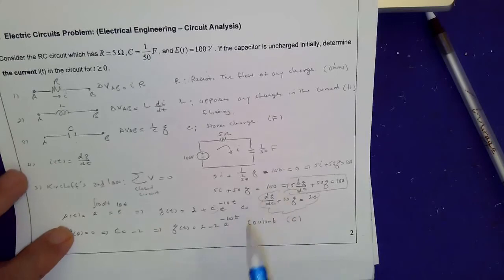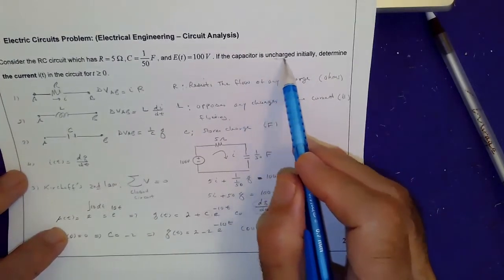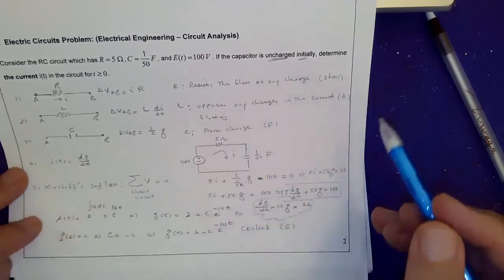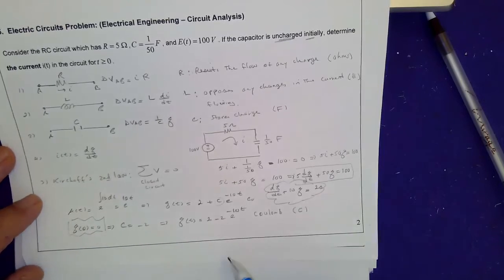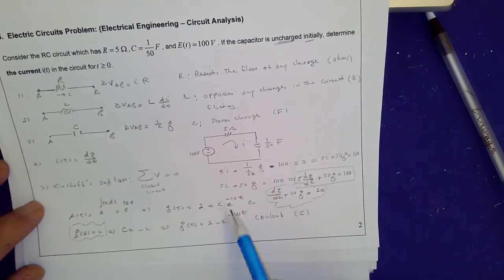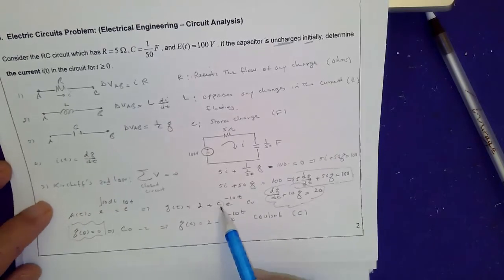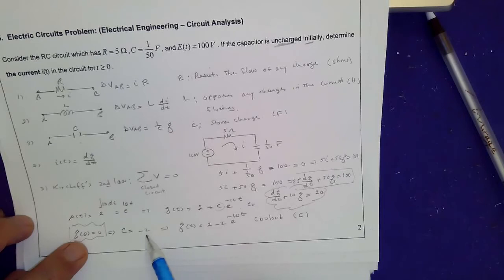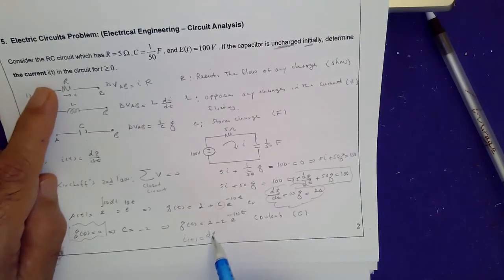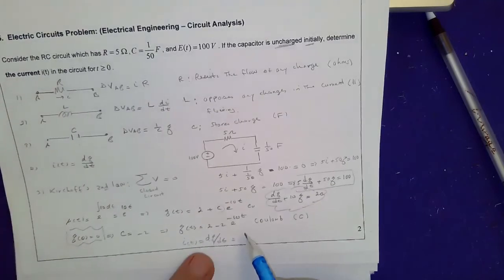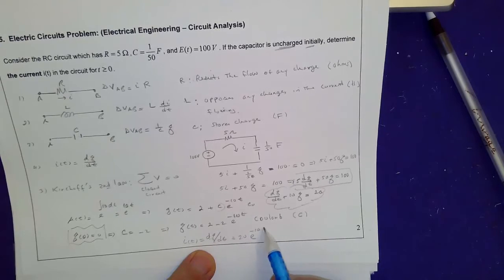The question is, how do I find C? Notice it says the capacitor is uncharged initially. What does that mean? That means Q of 0 is 0 coulombs. So impose that condition in this equation and get C equal to negative 2. So you get Q of t equals 2 minus 2e to the power of negative 10t. But remember, the idea was to find I, and I is dQ/dt. So that would be